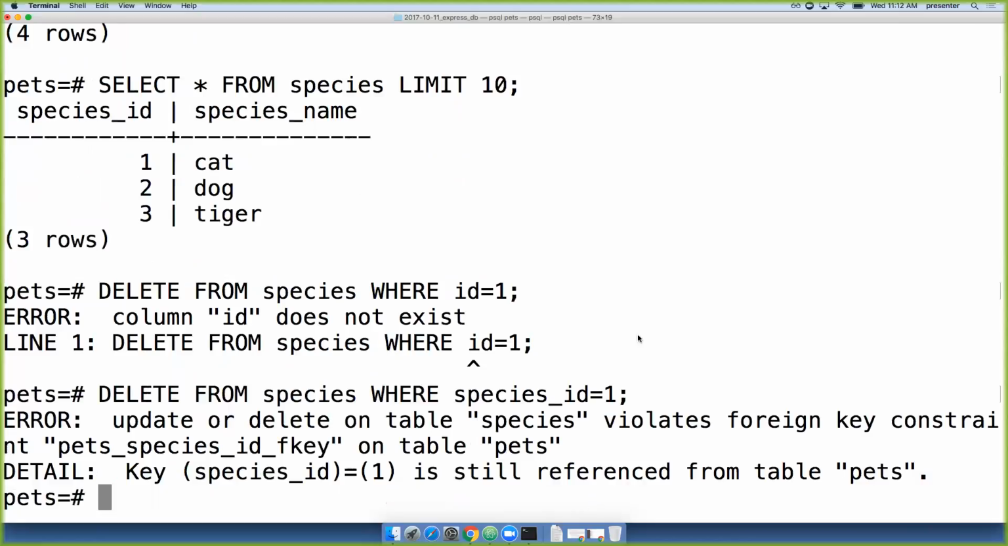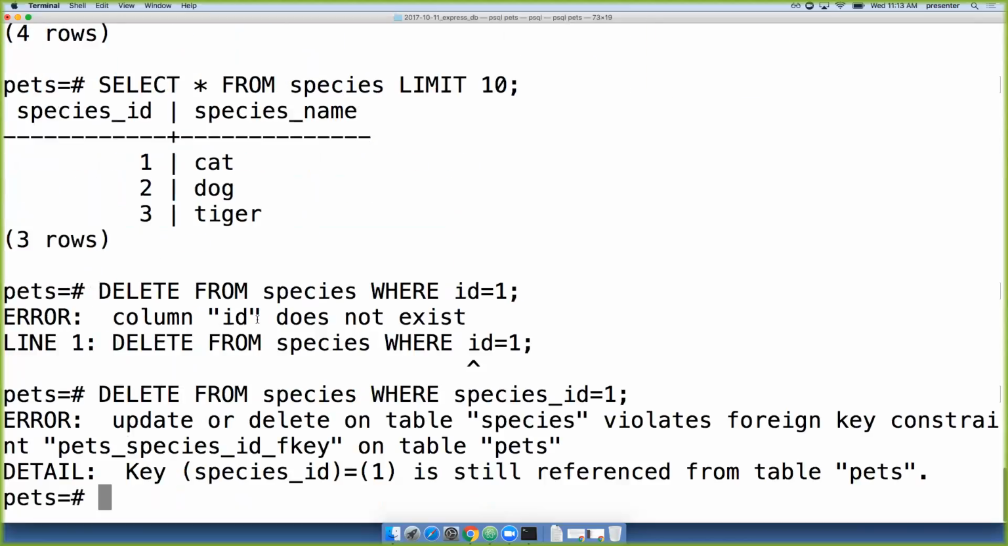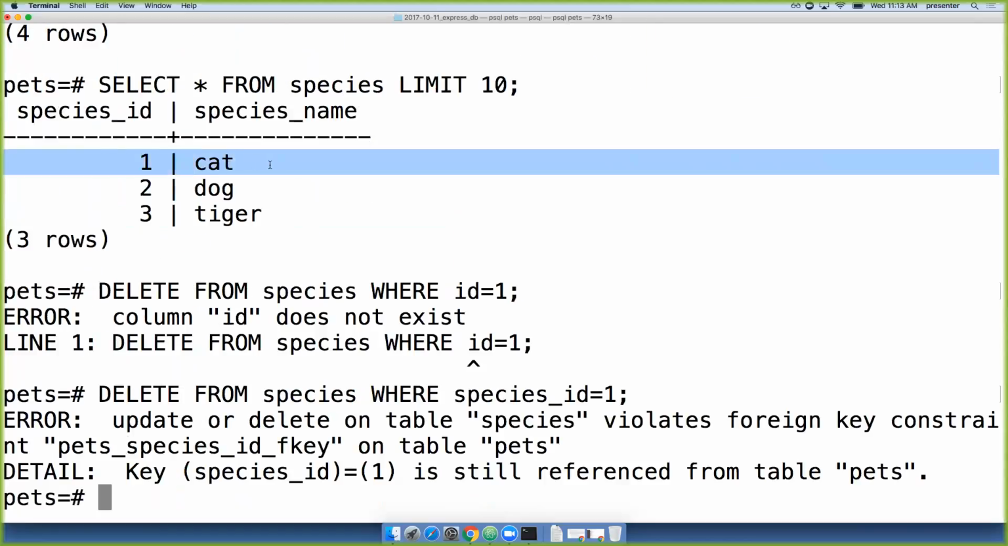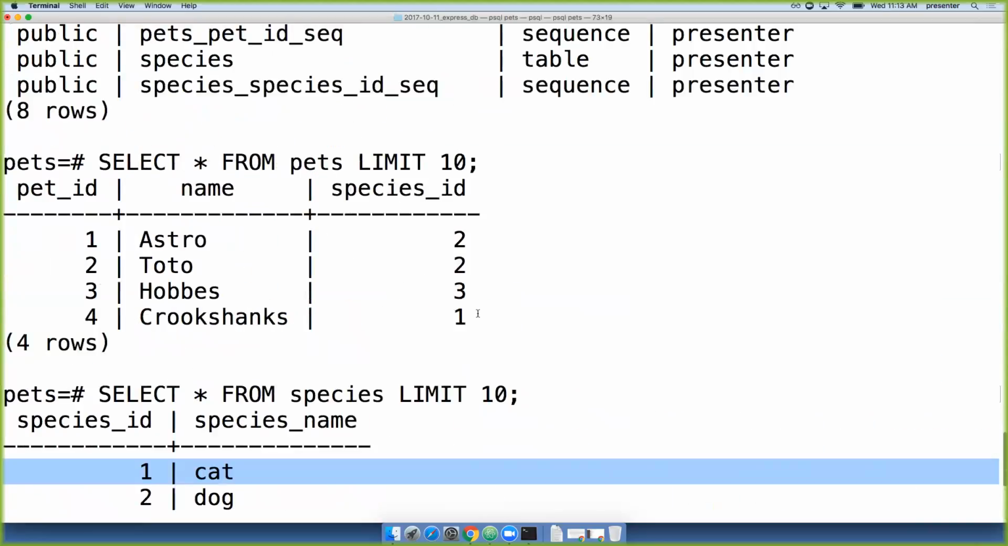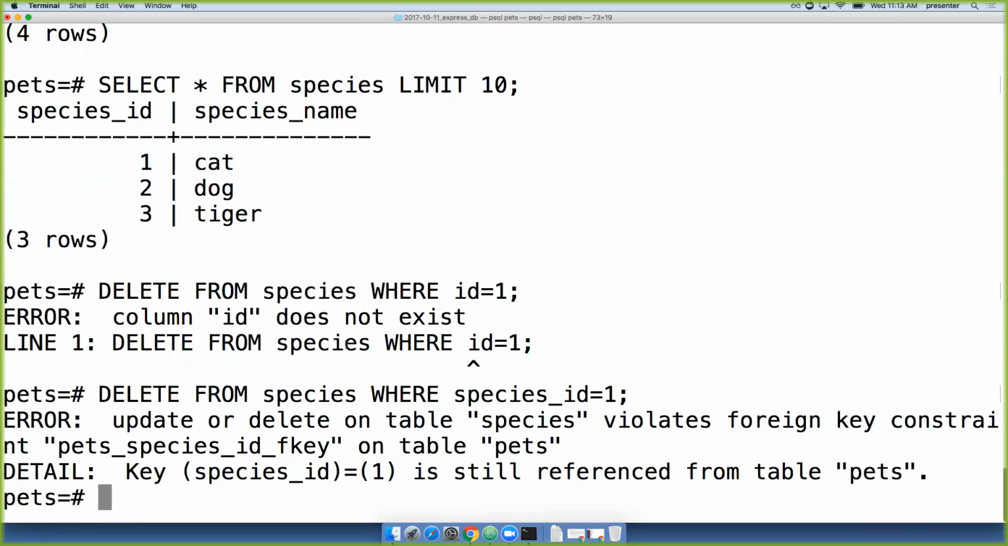Yeah, so it says it violates the foreign key constraint. I can't delete that row with ID 1 from species. Not only that, any of them that have a reference to this table. So all of these have a reference, and I'm going to get this error every time. But I could also insert into species,